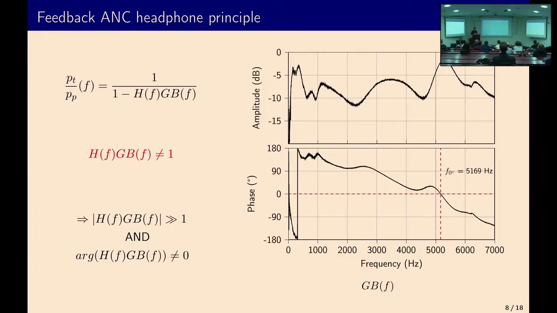So this is a measurement made from the experimental bench. And you see that in this case, it's just HOB, so there is no control filter. And the amplitude is in decibels here, so the instability will occur when the amplitude is equal to 0, not 1. You see on the phase response that the phase crosses 0 at the frequency 5,169 Hertz. The thing is that at this frequency, the amplitude is almost the maximum amplitude of the frequency response,